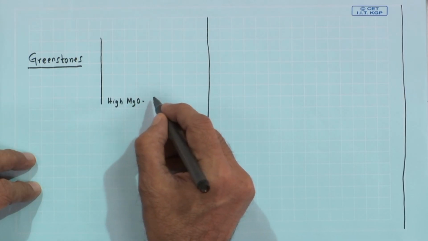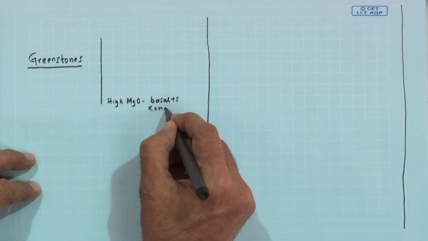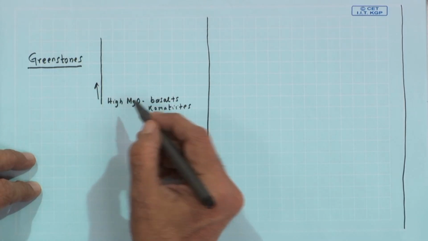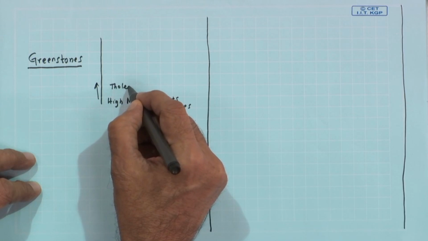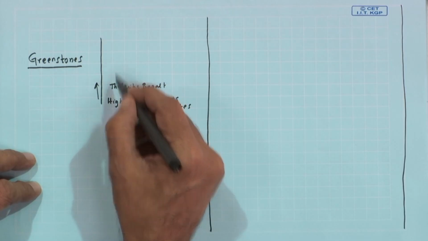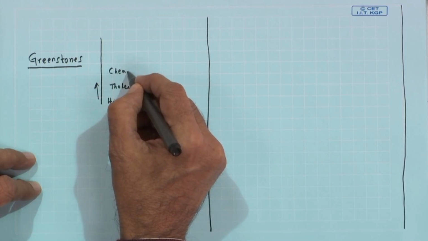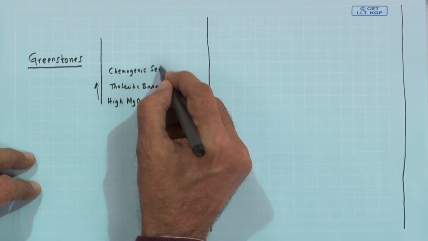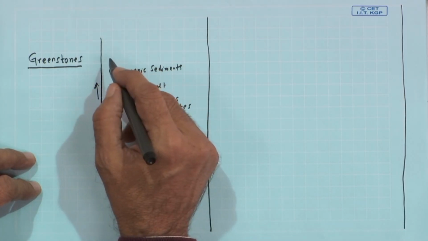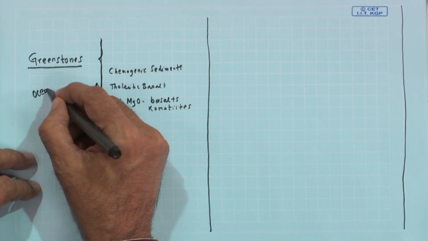These greenstones, specifically the ones which start from very high MgO bearing basalts, which are the komatiites, and give rise to a sequence of tholeiitic basalt, and the sequence evolves with bimodal volcanism, chemogenic sediments such as the BIFs, clastics, and felsic volcanic units. And these greenstone sequences, which are essentially ocean floor